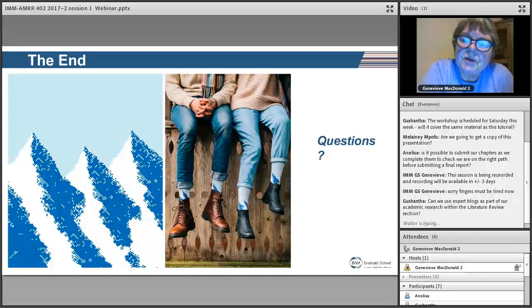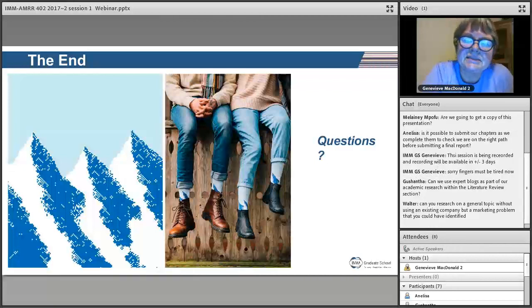Expert blogs. The problem with the internet is that it's not peer reviewed. What does it mean? It means that anybody can write something there and nobody's checking to what extent they are interpreting the material correctly or that they did the research properly. It is always preferable that at least 60% of your resources should be from academic